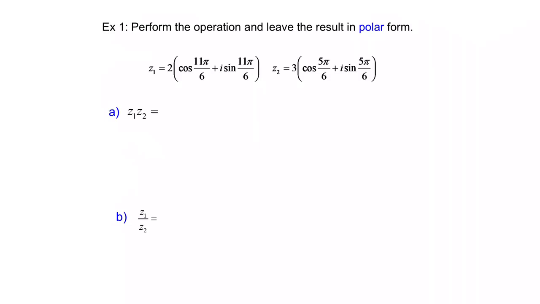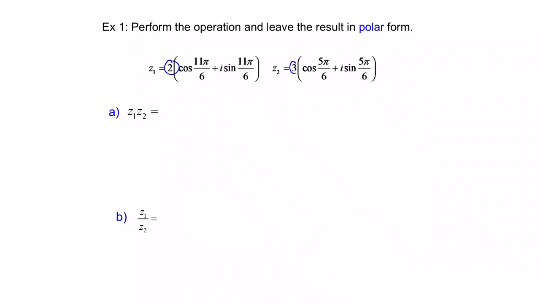So example 1, I want you to perform the operation and leave the result in polar form. So I have two complex numbers here in polar form. I want you to multiply z sub 1 and z sub 2 together. So I will write this out so you can hopefully see where these values are coming from. So first you will multiply the r values,